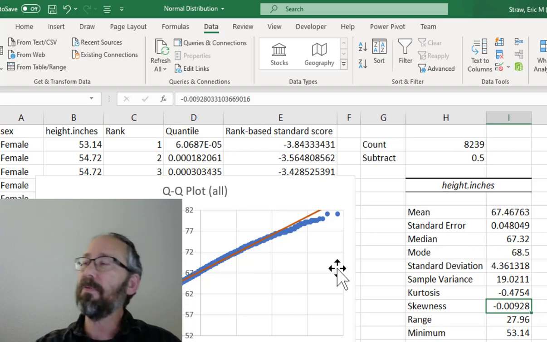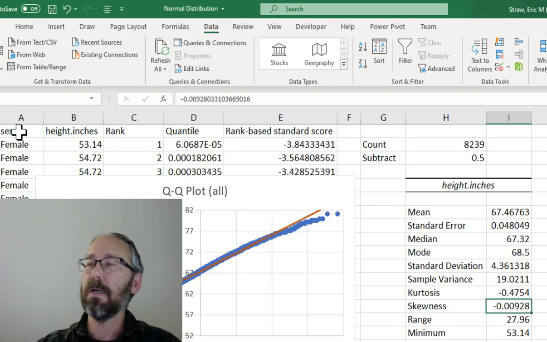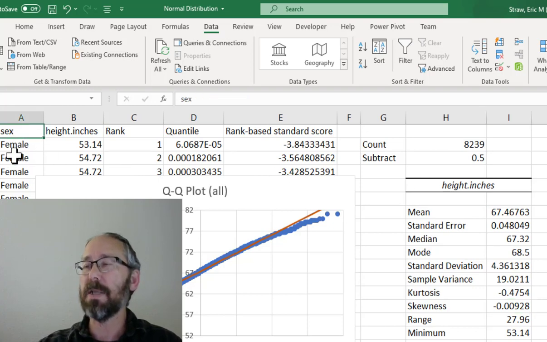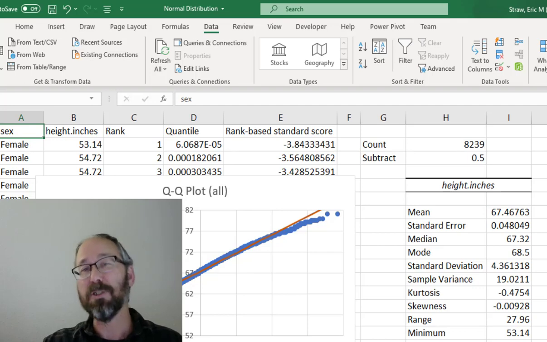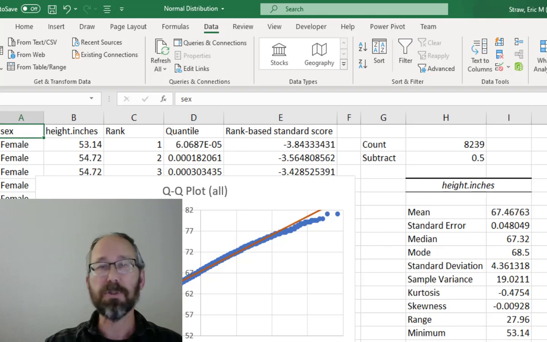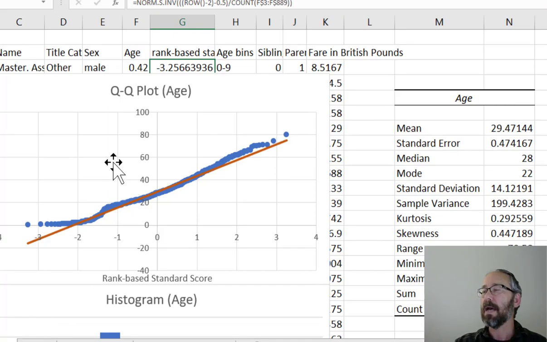So here's an example of a QQ plot for that. Now I left the sex here so we could actually separate this out for female and male. I'm not going to do that because of time here. I've demonstrated it once, and you can certainly review that to see how that was done. But what I have already completed and I want to show you is that Titanic data, and I've done a